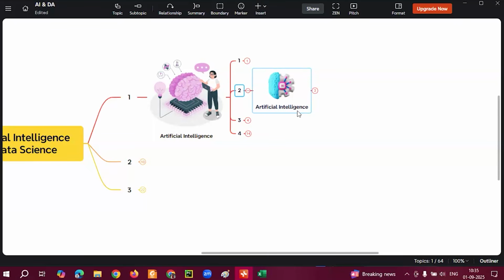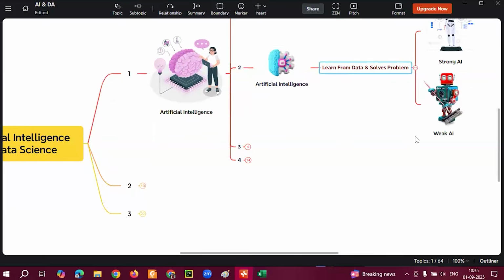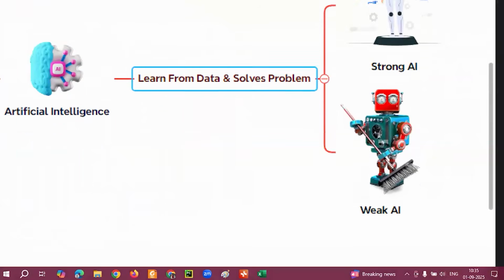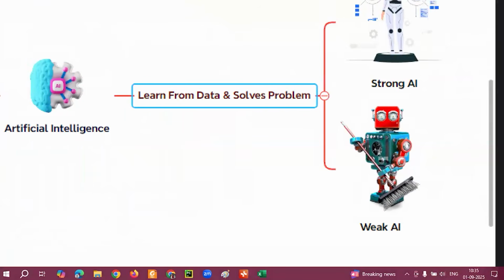But this is a dabba. Now we are human beings. People teach us by showing some items, by touching, by smelling, different things we learn. This is a dabba, and a dabba needs training. For that purpose, I'm going to provide training. If you give good training, it will become strong AI. If you're not providing good training, then it will become what? Weak AI. So giving training is very, very important to decide whether it is strong AI or weak AI.